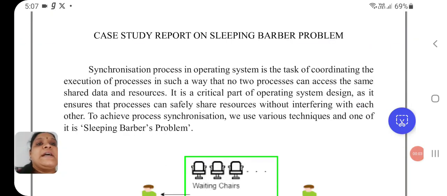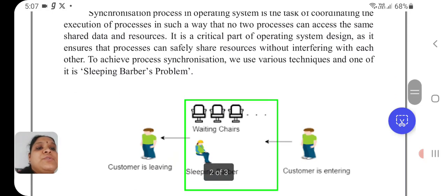So let me start with the case study here. This is one of the case studies in operating systems, a case study report on the sleeping barber problem. So let me show the